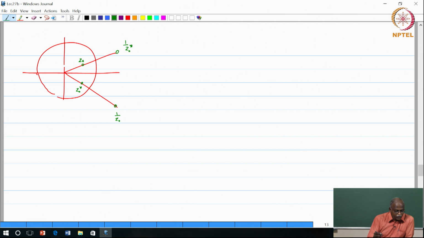Then you may also get zeros on the unit circle. Because it has real coefficients, its conjugate should also be present, and you can have zeros on the real axis, inside or outside, it does not matter, but its reciprocal must also be present. So, the reciprocal will also be on the real axis. This is what the zero configuration, or zero locations, of a linear phase real coefficient transfer